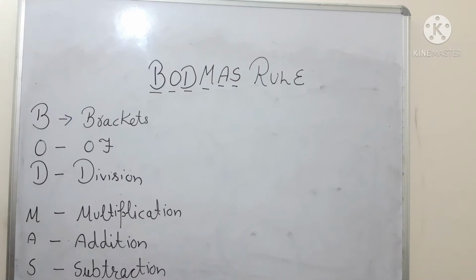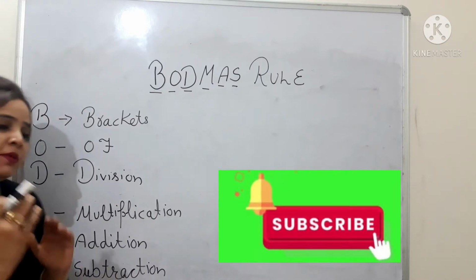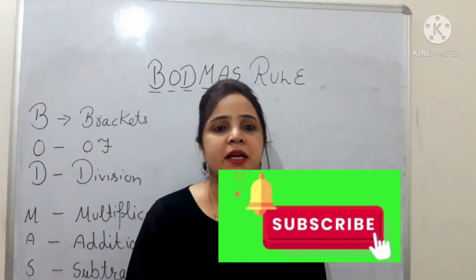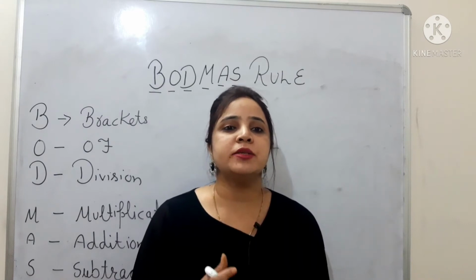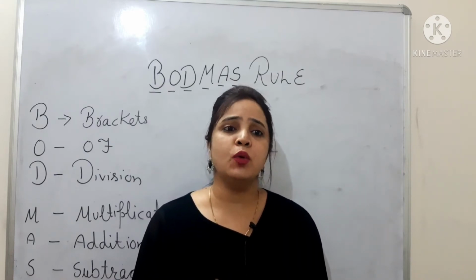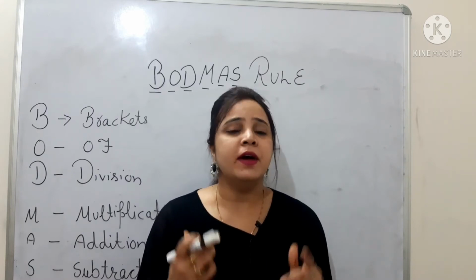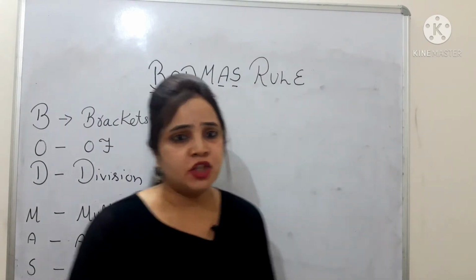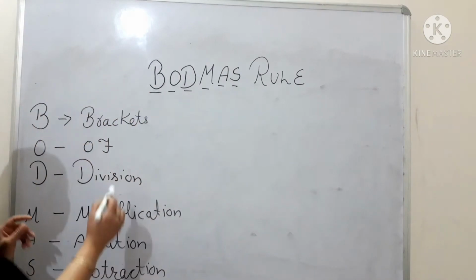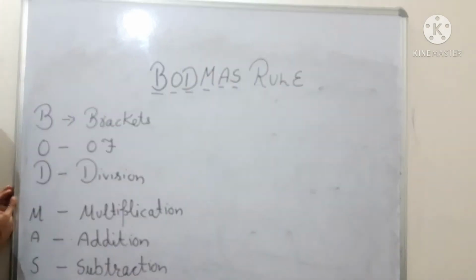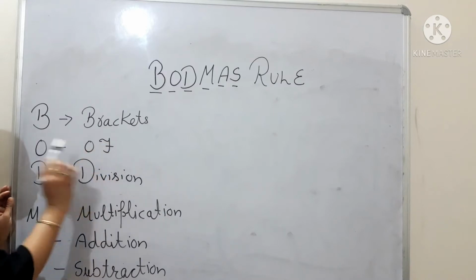So see, what do we have to do in the BODMAS rule? Whenever you have a mix of all these fundamental operations, plus, minus, addition, subtraction, and brackets also, how will you solve that question? First of all, you will solve the numbers that are under the brackets. We will be doing the of the brackets.